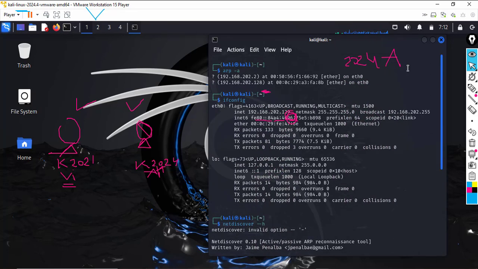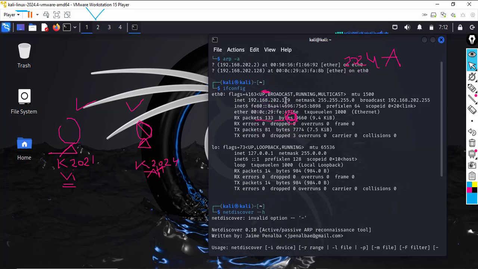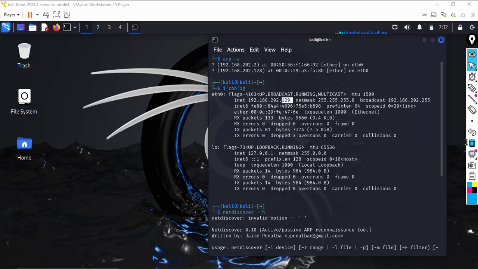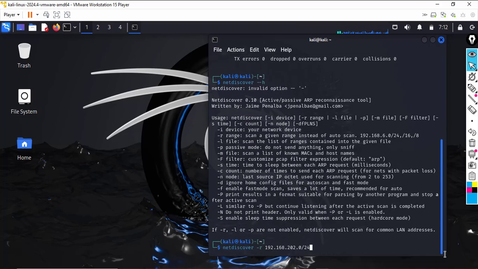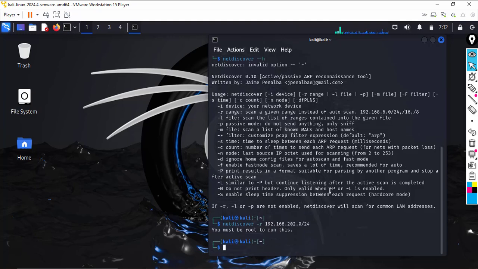My IP address is 129. This is the one, you see? 129. So let me now run the command. Okay, enter. Okay, I need to use a super user which has root privilege. Sudo